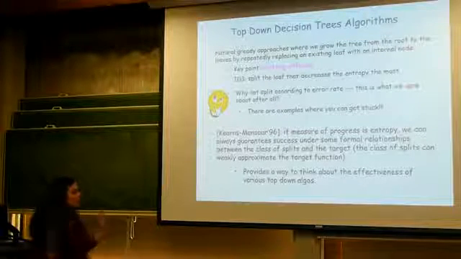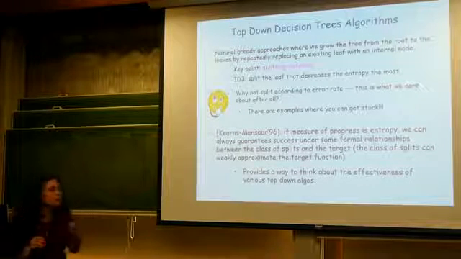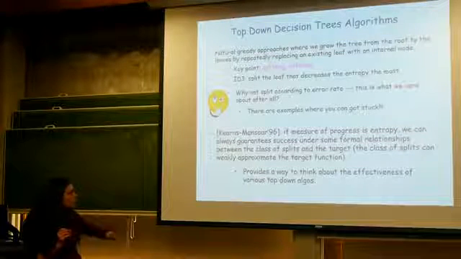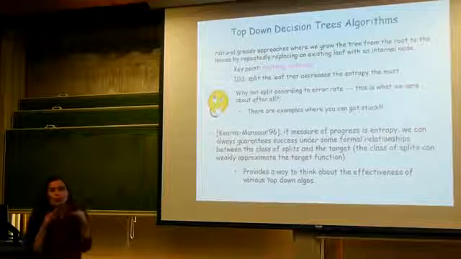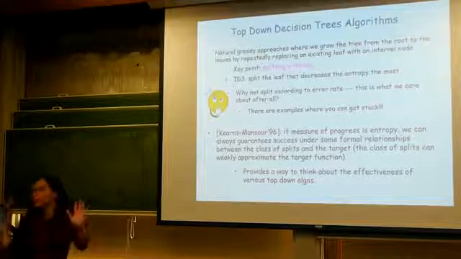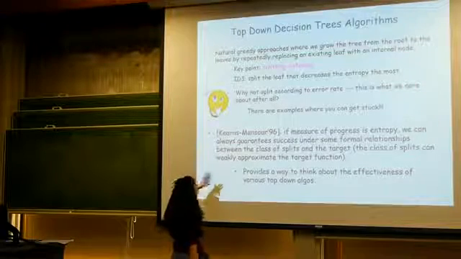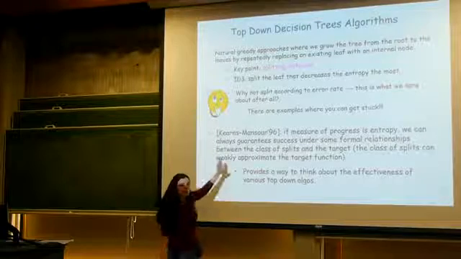This is a little bit too advanced at this point, so I'm just going to mention the words. What do we really mean here? We want the class of splits to provide a weak approximation for the target function. We want them to be weak learners. I know this is a bit advanced, so please ignore the details. The important point here is that there is a very general family of problems for which entropy turns out to be a good measure